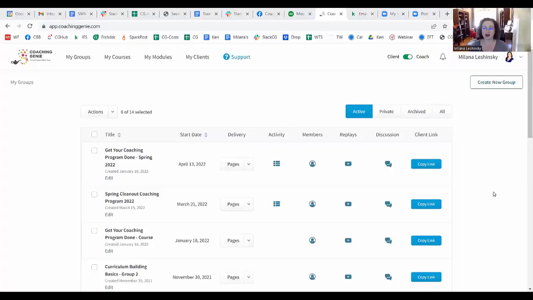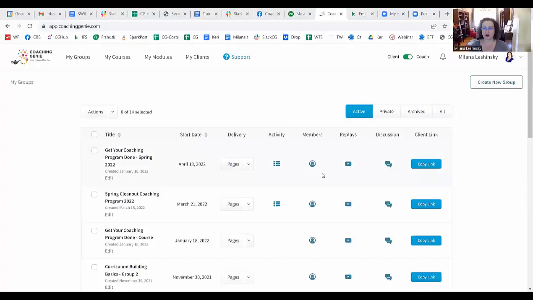Number 5 is group contests. Group contests are really cool because it motivates people who have a bit of a competitive personality. You can create small group contests, something that is very simply tracking their activity, and then reward them with prizes, and you get to choose the prizes: a free coaching session, free access to another product, a free ticket to a live or virtual event, a $25 gift card to Amazon, whatever you want it to be, right?